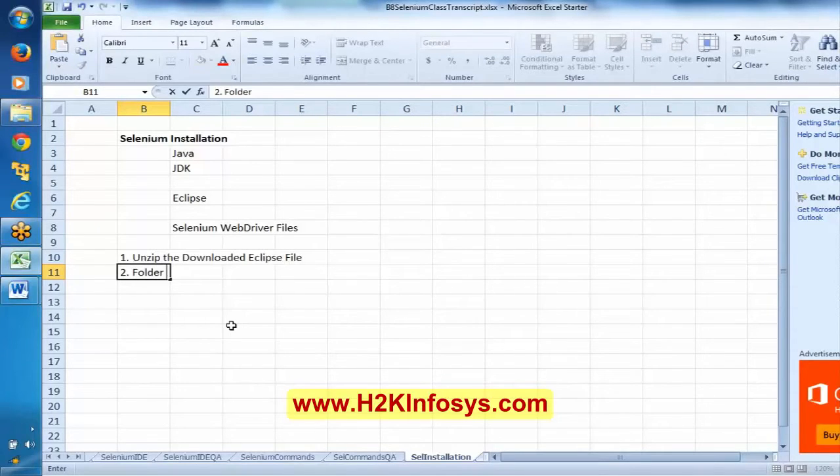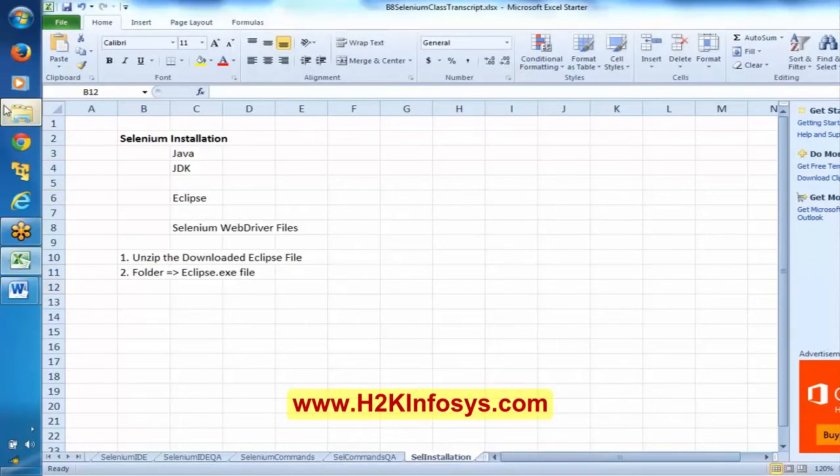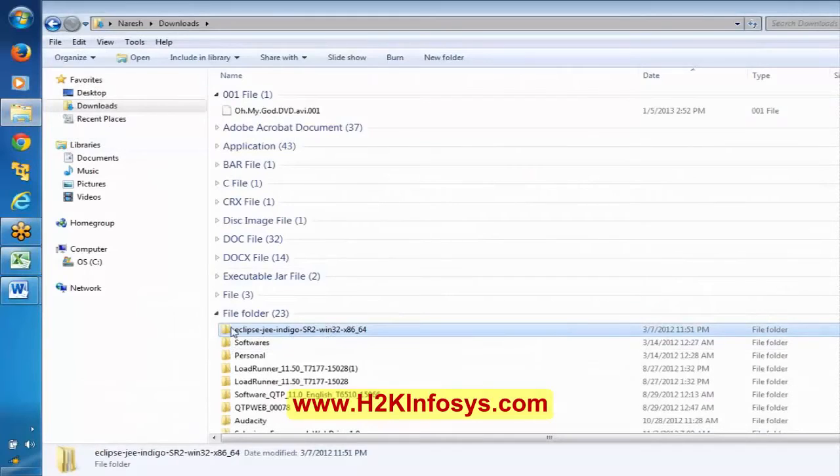In that folder, you can find a file called eclipse.exe.